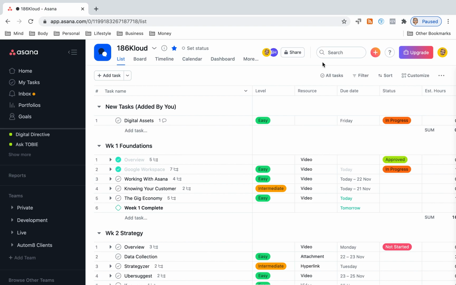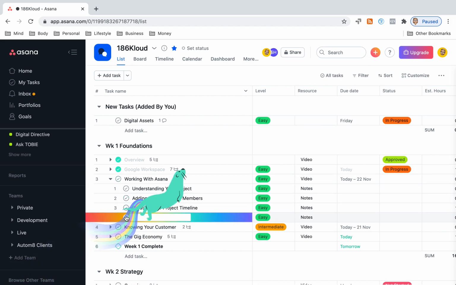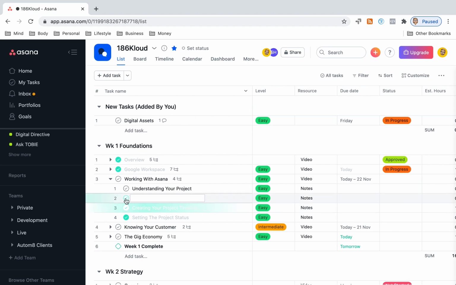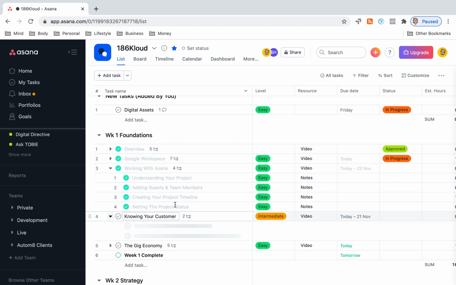So hopefully, by now, if you watch the videos and you've started to do some of the tasks and you've worked through your Google space, you now should be coming back into Asana, and we can go in here and say, right, we've watched this, and start to tick these things off. So we've set the project status, I've created the timeline, I've added a guest, I totally understand what I'm doing, and that task is now done, and we can move on to knowing your customer, which is the next video,